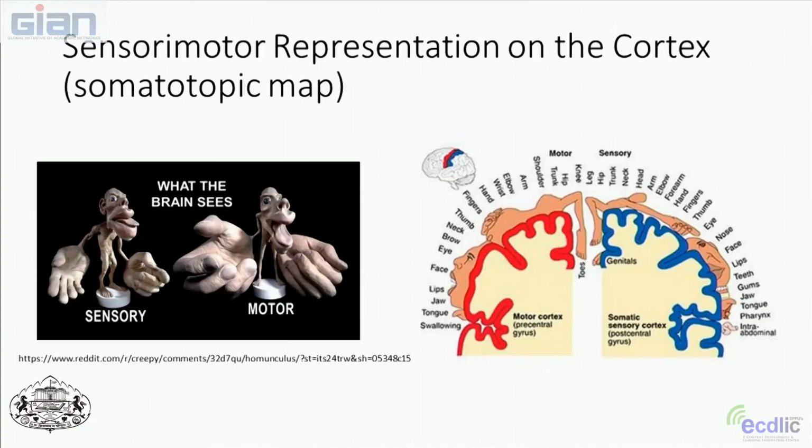You can see the blue part represents the sensory cortex, and the red part here represents the motor cortex. You can see where the different parts of the body are allocated. If you look closely enough, you can see there's a face there and part of the body there going down to the toes. And this again is how much space is dedicated to each of these regions in the brain. So we really get a lot of space dedicated to the face also.